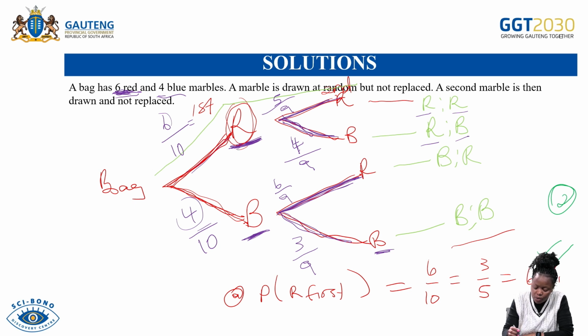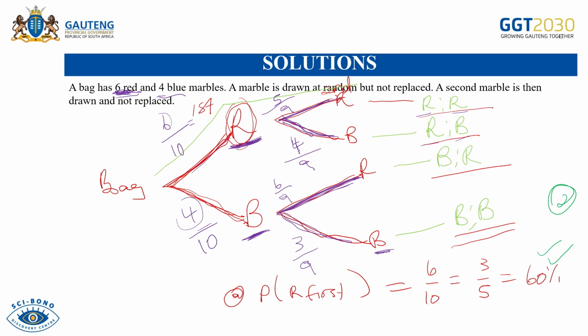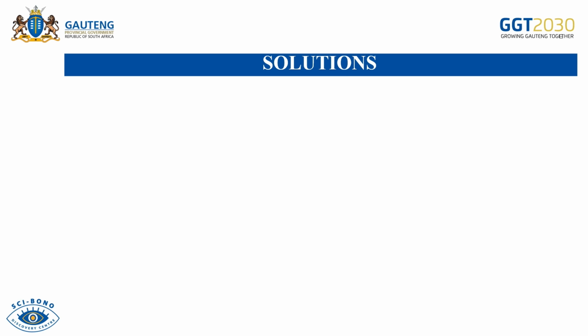Both marbles being blue. You check here, you've got both marbles being red, and then blue and then red marbles. And then here you've got BB, which is a blue marble and a blue marble, right? So it means we are going to take this branch and also take this branch. So it's going to be that 4 all over 10 and the 3 all over 9. Okay, so the probability of throwing both marbles